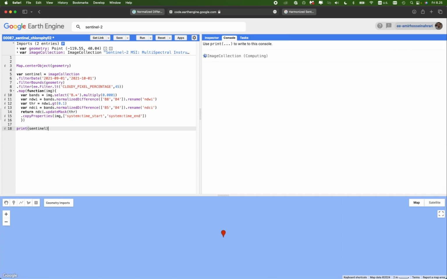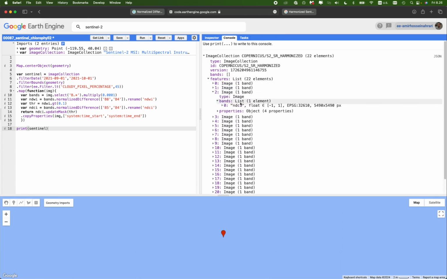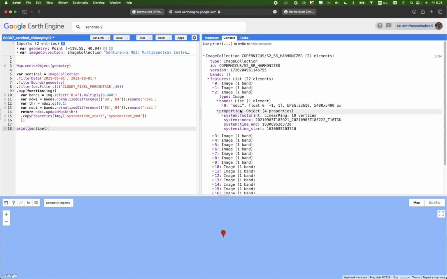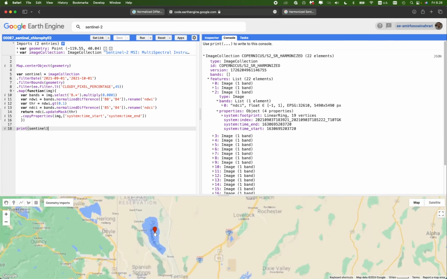Run the code here. In the right panel, again, you will have 22 elements in which NDCI is calculated for each date, and then in the properties, you will have system time start and system time end. Remember to save your code first and then